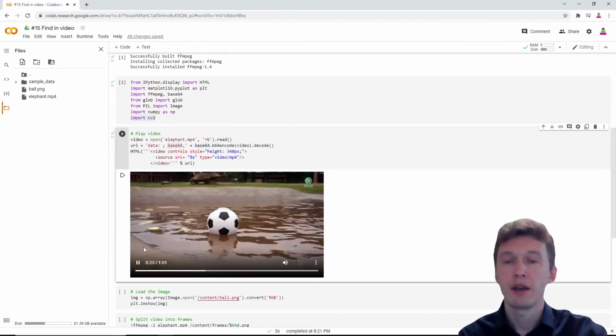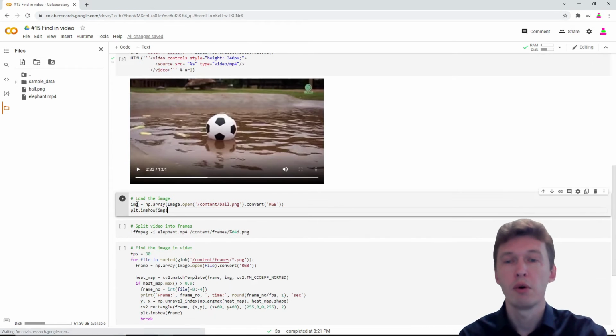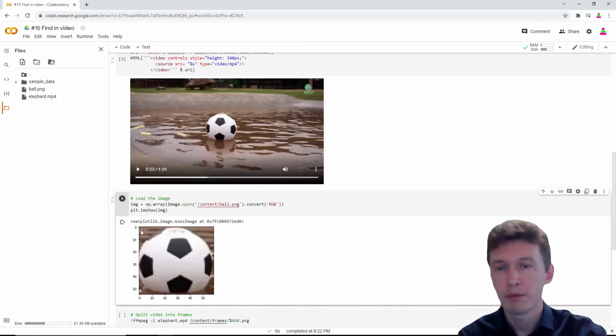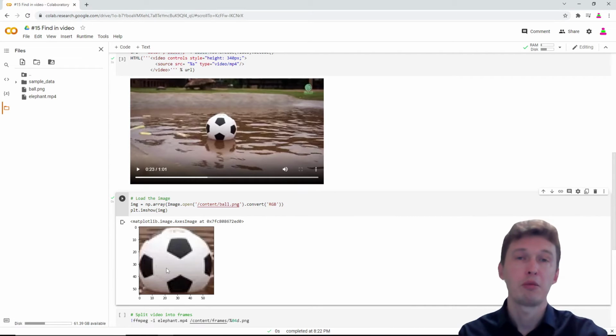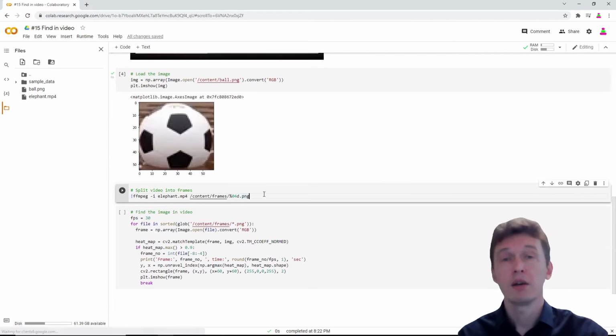And there will be a ball, at second 23, when a ball first time appears in this video. We will try to look for this moment. So I have this ball. To simplify the story, I cut it out in advance. It's the same ball, you see brown waters around it. So we will have this image and try to look for the first time appearance of this ball inside a video stream, okay? How do we do it?